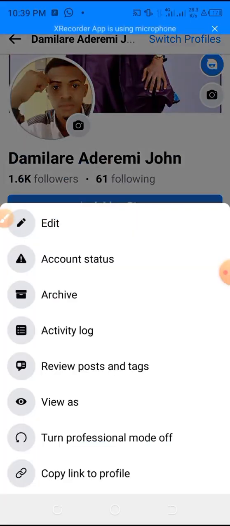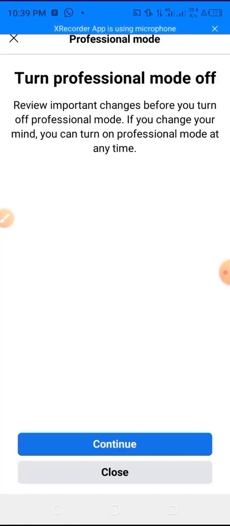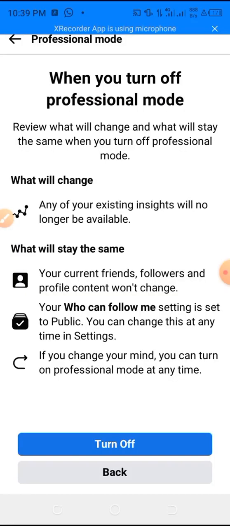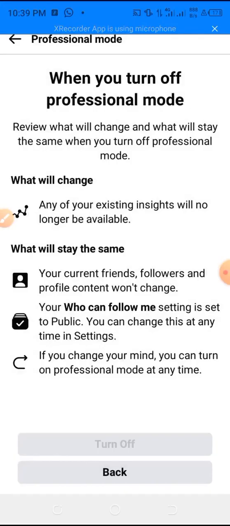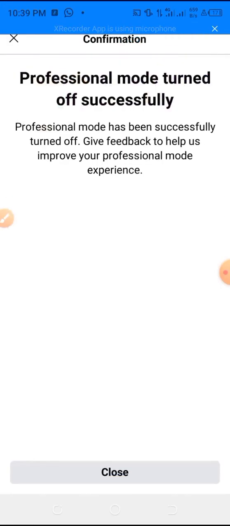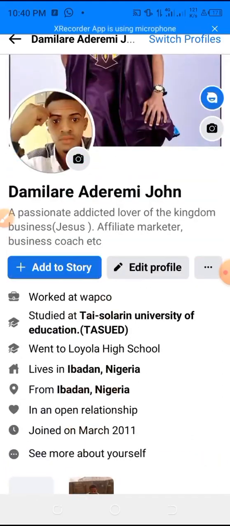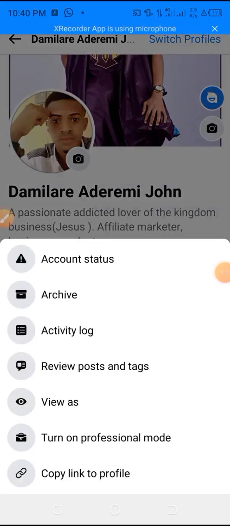You can decide to turn it off. Let me turn it off. Continue. It's off. You can see it's turned off successfully. So you can easily close it. I'm back to normal. You can turn it off, you can turn it on, based on how far you want to go. But if you're like me and want to use this for your business, marketing, you have to turn it on